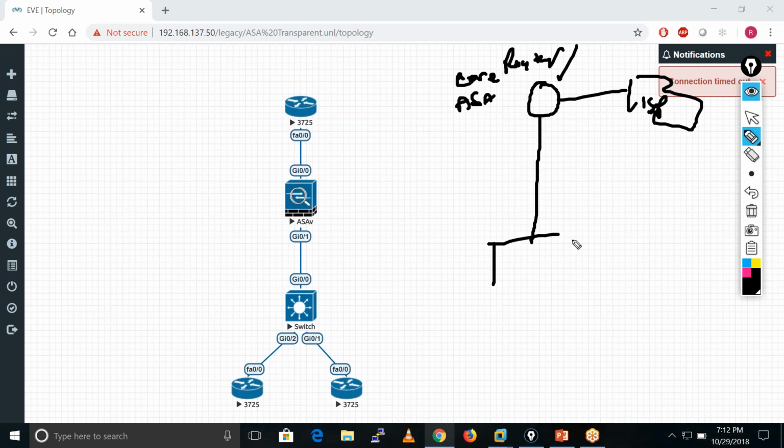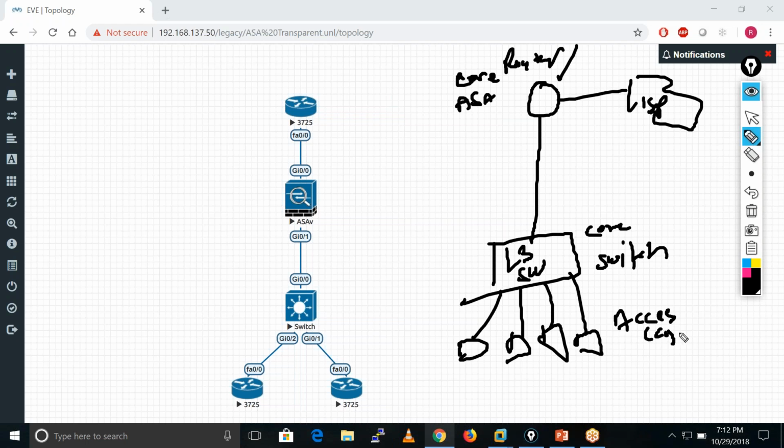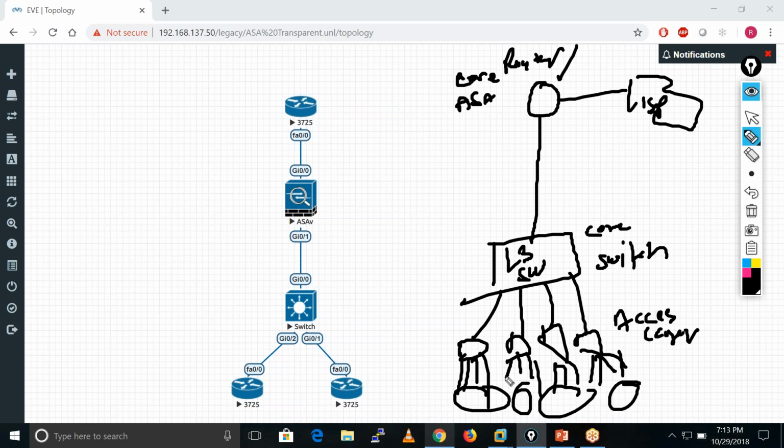After that we have an L3 switch or core switch, and below this switch we have access layer switches. Access layer switches are the switches where we connect end hosts, like these end users, and maybe these are also the servers.